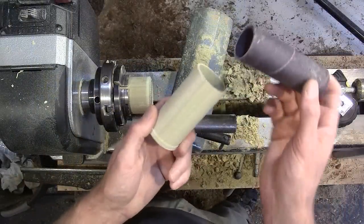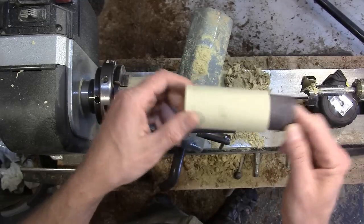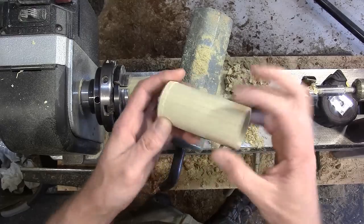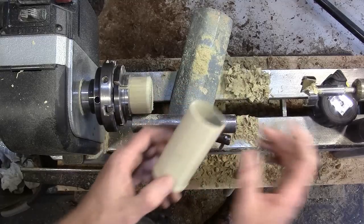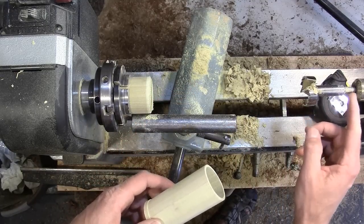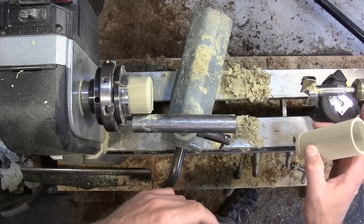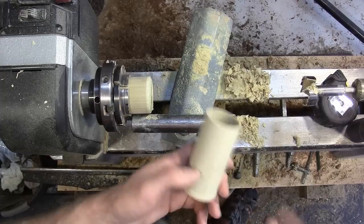Okay, and I just took the barrel sander and cleaned it up a little bit. This one you don't see that much, but when you pull the thing apart, you can see down in it, so clean it up a little bit. The other thing is that with the Forstner bit here, I brought it out about as far as I could, and this one slides into the jaw here all the way up. If you get it all the way up, it ends up